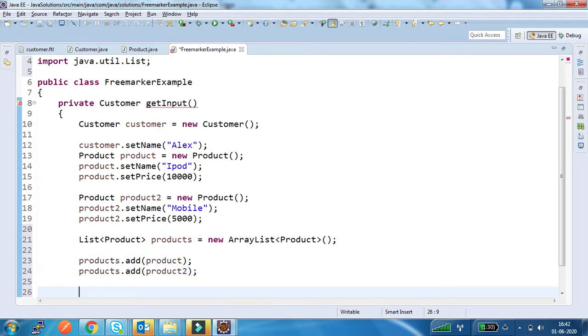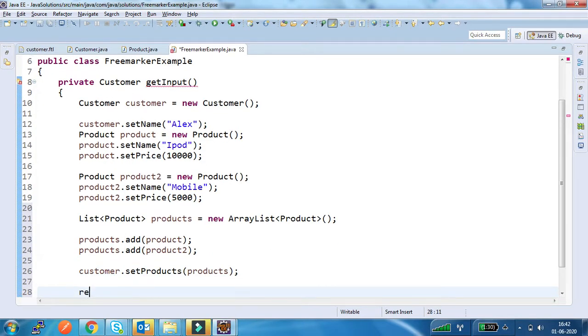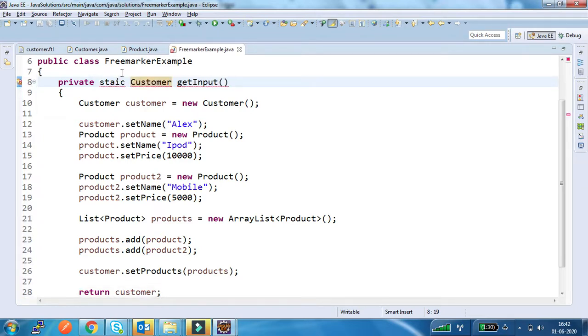I am adding these products to the customer. I am calling setProducts of the customer instance. After that I am returning this customer. I am making this a static method because I don't want to create an instance of this class. Private static, in my main class. That's it.